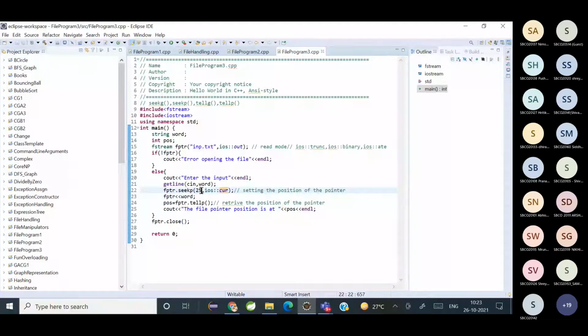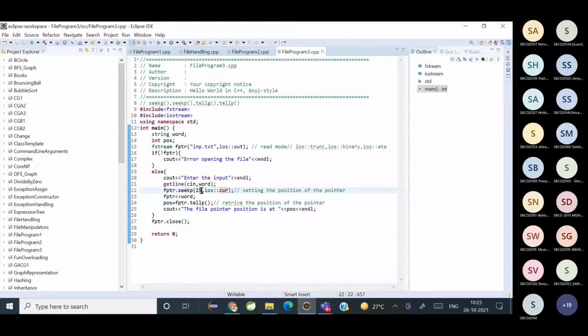Seek p कब use करेंगे? Put का मतलब क्या है? You're putting something. So read में हम कुछ put करते हैं क्या? No, right.